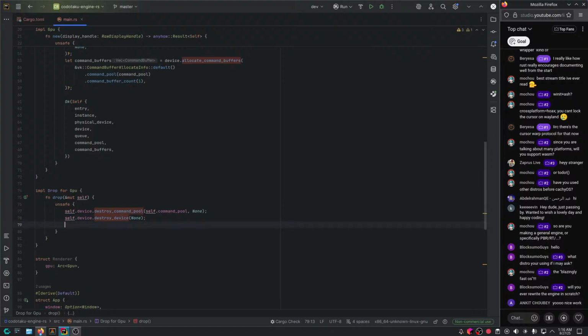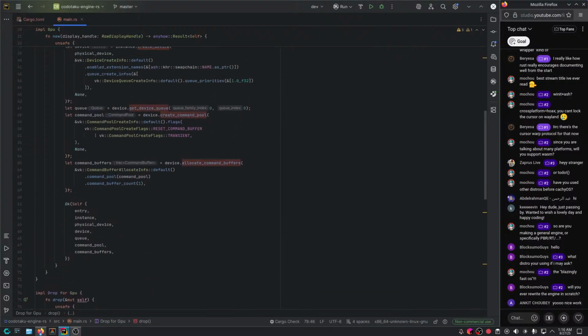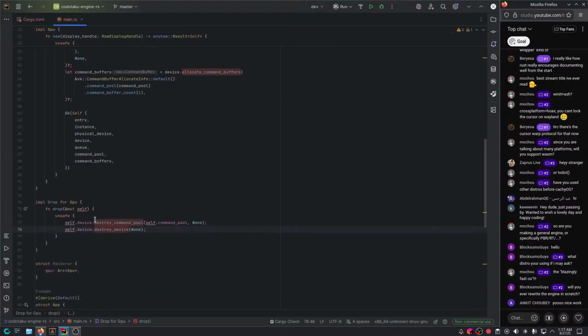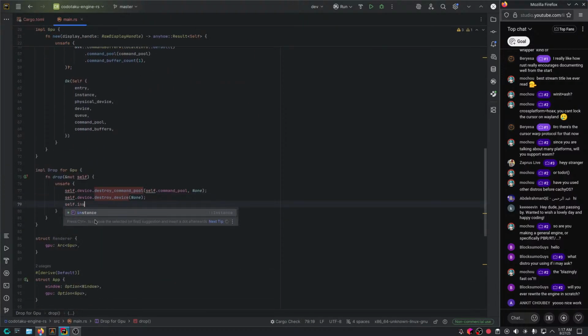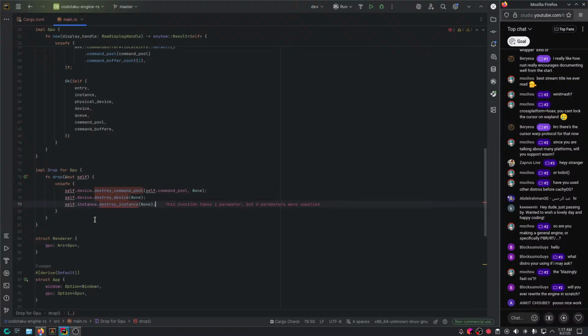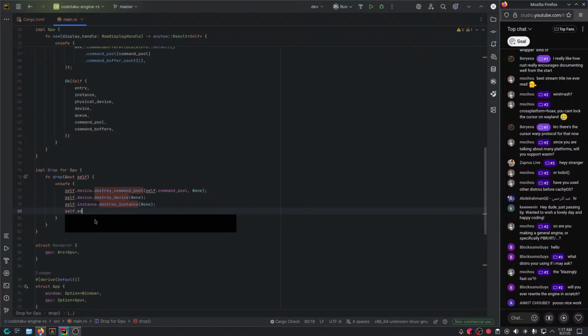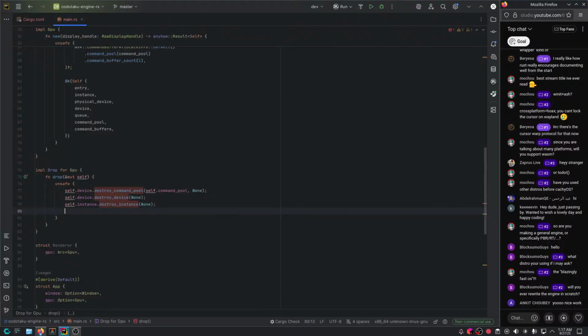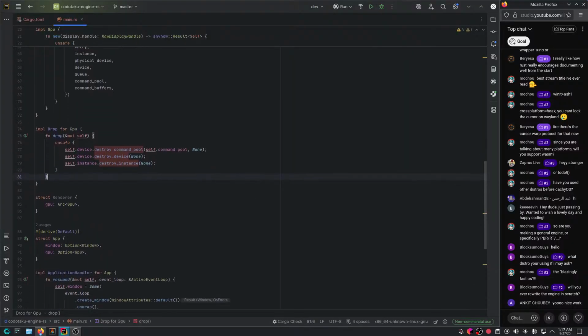Destroy device. And what else? Destroy, I guess, the instance. And that's basically it. Or maybe we should actually use entry instead, or isn't it? Destroy? No, it's good. Alright, so that's basically it for that one.